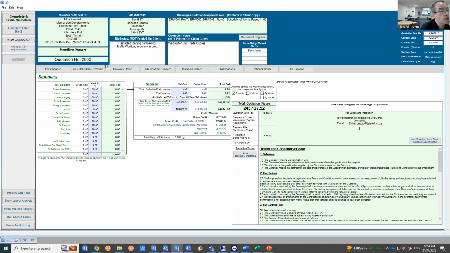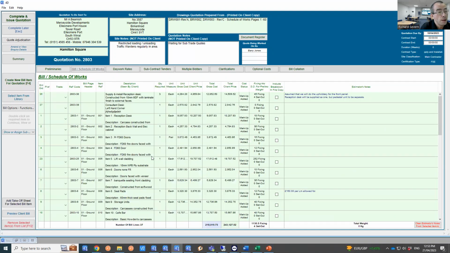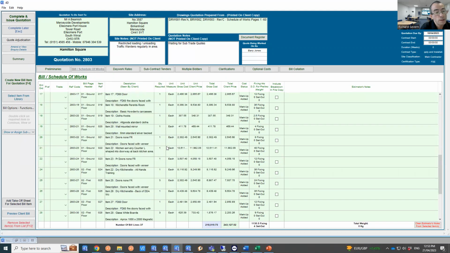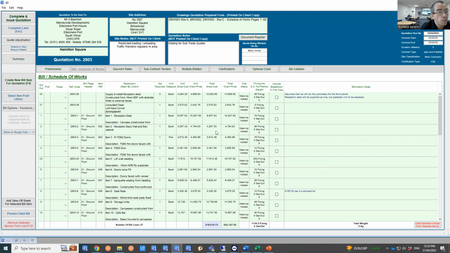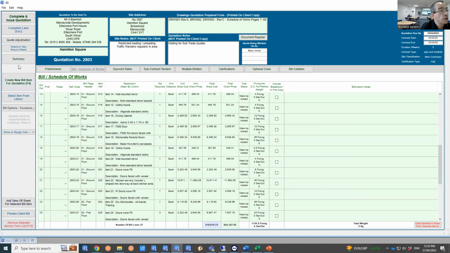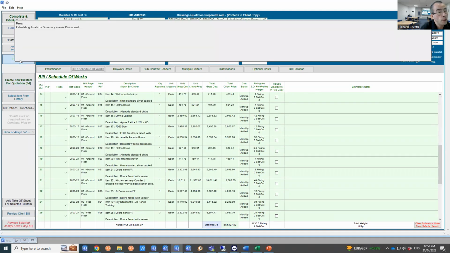Now, the first thing you'll notice here that all the costs have disappeared from this column, and everything has now been put in the fixed sell items. That's because when you completed the quote, the system then has taken all the margins that you asked for and then created the profit on each of your bill items, so they now have a fixed sell price. To get these back to your cost figures, if you want to actually amend your profit margins